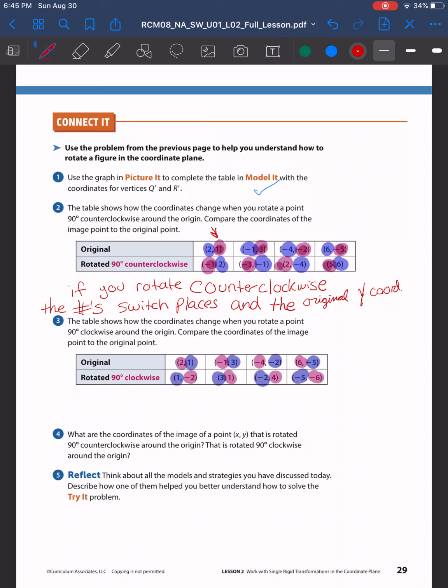The original Y coordinates switch to their opposite. Oh my gosh, that's so awesome. Okay, so if you're going counterclockwise, the numbers switch their places and the original Y coordinates switch to their opposite,